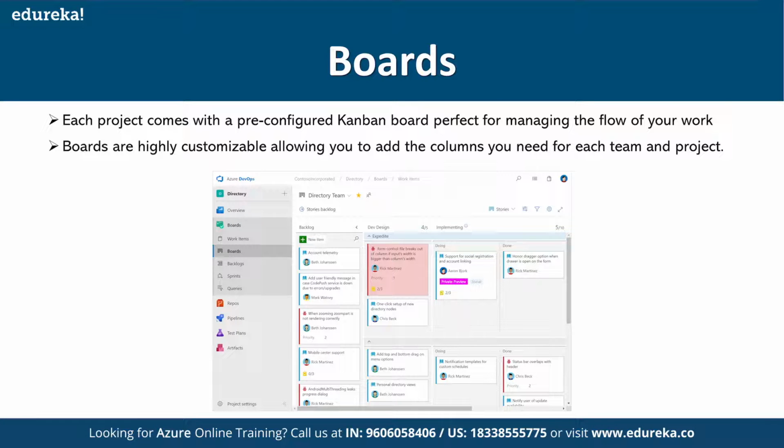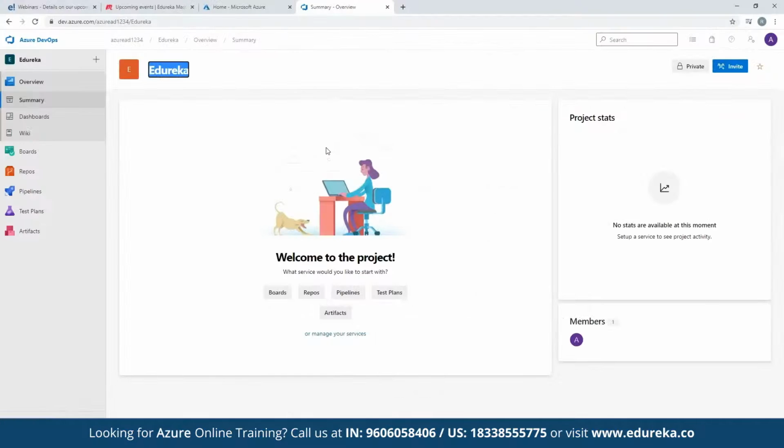Boards are also highly customizable, right? Allowing you to add columns, and once you create your DevOps project, you can create your Kanban boards, work items, all the boards by navigating into your Azure DevOps organizations.